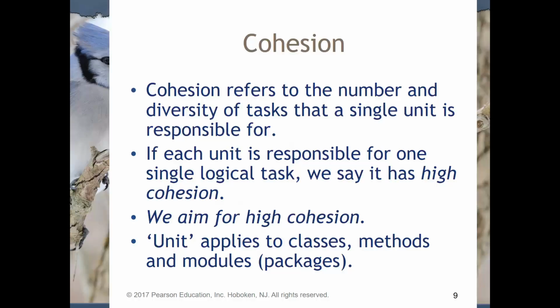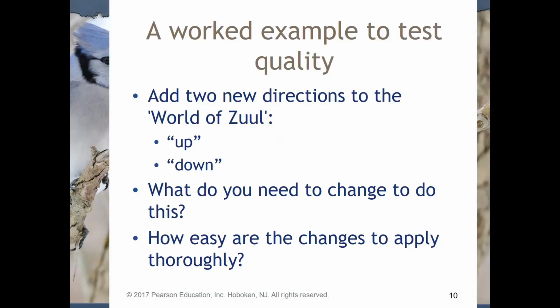The other side of this argument is if you get too small, you have something that's build the screw, build the piece of metal, build the cylinder, build the lock, and all this gets together. That might be too modular for independent methods or independent classes. But again, it depends on what you're trying to go for and what you're trying to do. We try to aim for high cohesion, and the unit applies to classes, methods, and modules. Okay? We want them to be single purpose and work towards a single goal as much as possible.